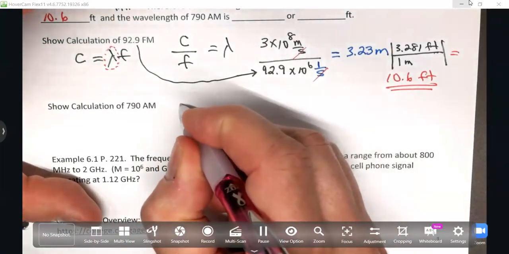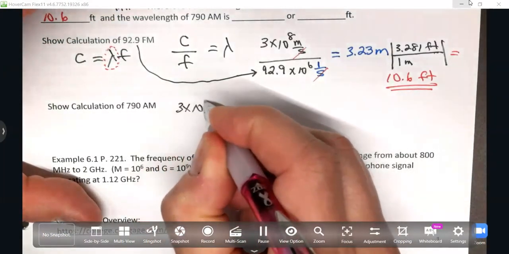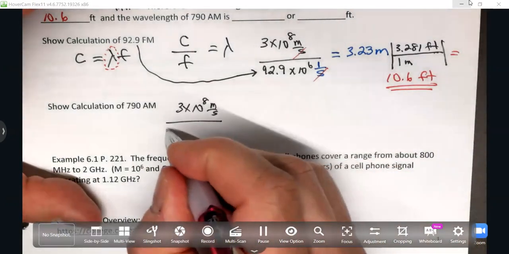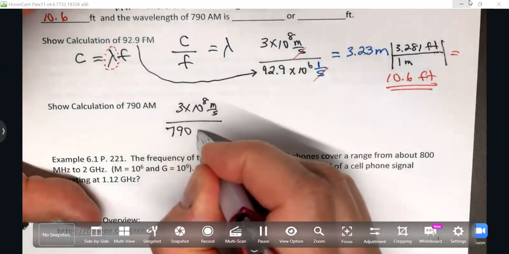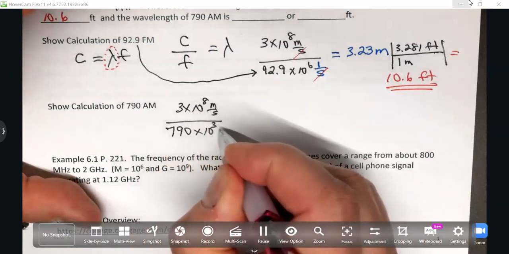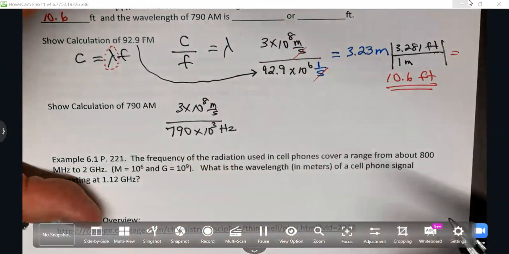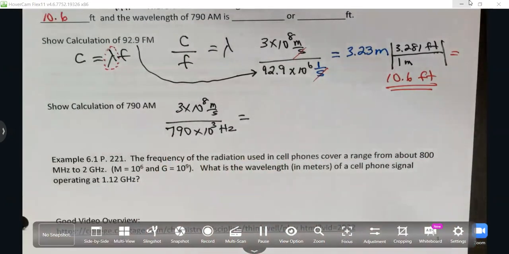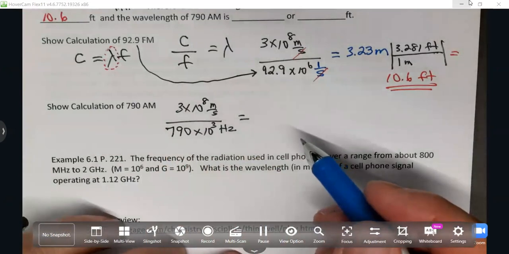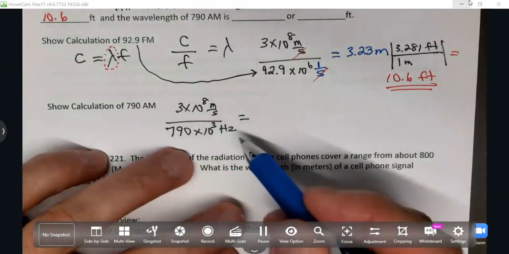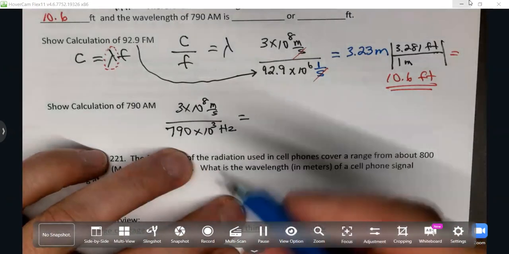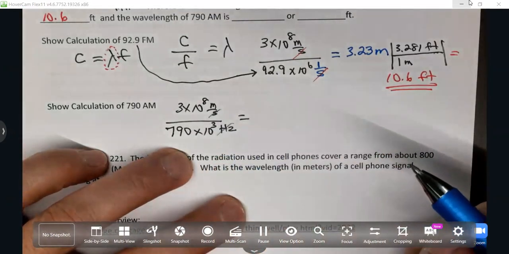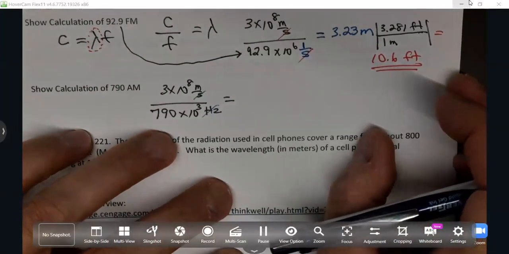We're just gonna go 3 times 10 to the 8 meters per second divided by 790 times 10 to the 3rd hertz. And then I put hertz in this time. 1 over seconds is going to cancel out. I am going to get